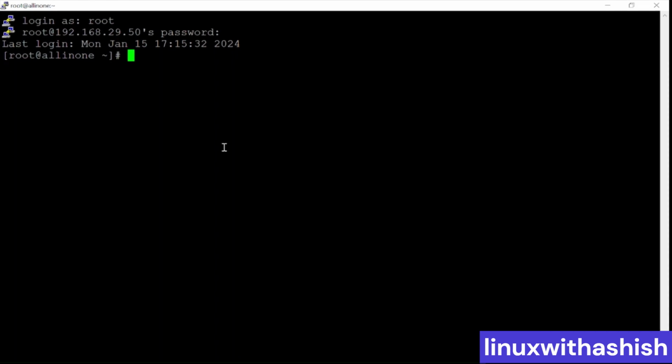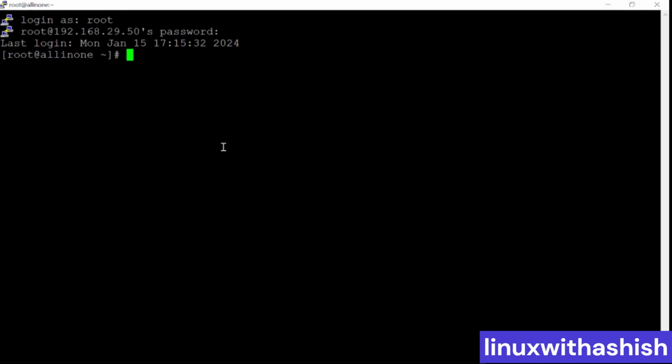Guys, first of all, we will check which OpenStack services are running on Red Hat OpenStack, that is your virtual machine. First we will find out whether the OpenStack services are running in a proper manner or not, what services are running, and which services are in active or running state. For that, you will have to find out whether the OpenStack utilities are installed on your server or not. So for that, you can run